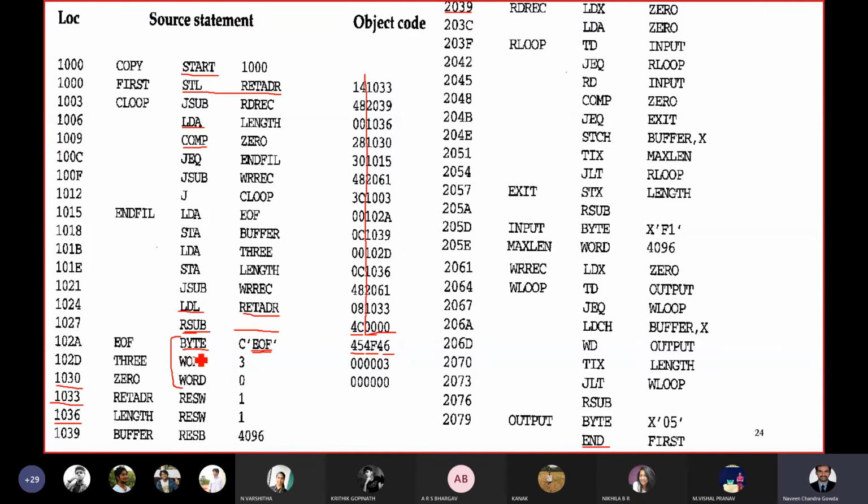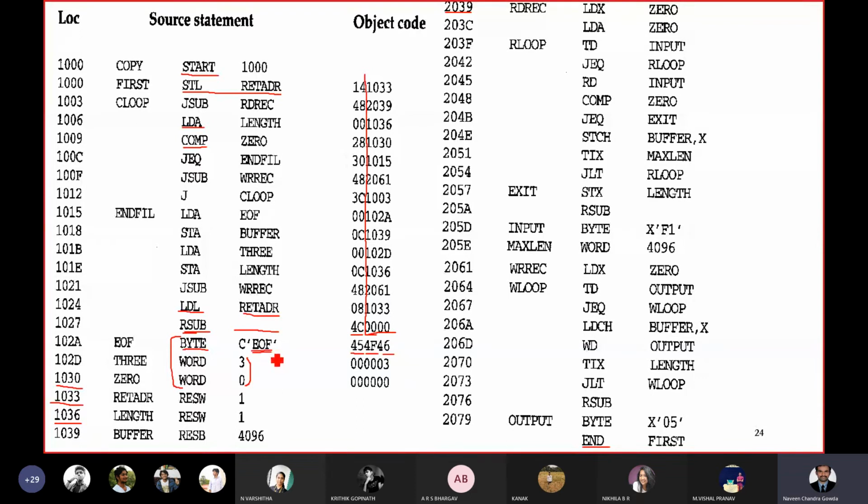So in case of BYTE instructions, the operand itself acts as the object code. Here also you have WORD 0 and 3. In case of BYTE and WORD instructions, the operand itself acts as the object code.